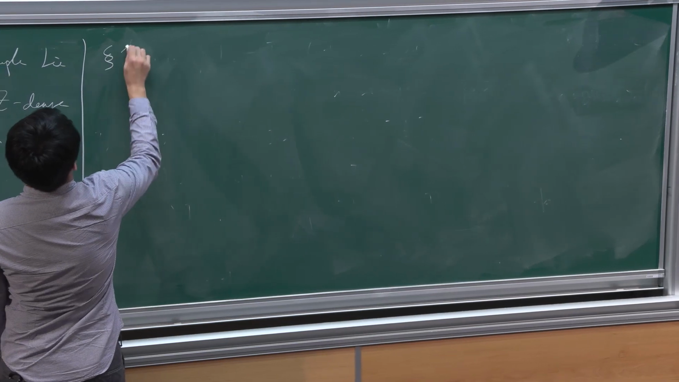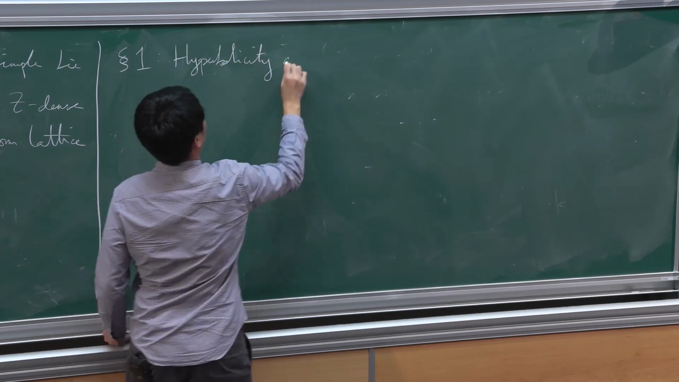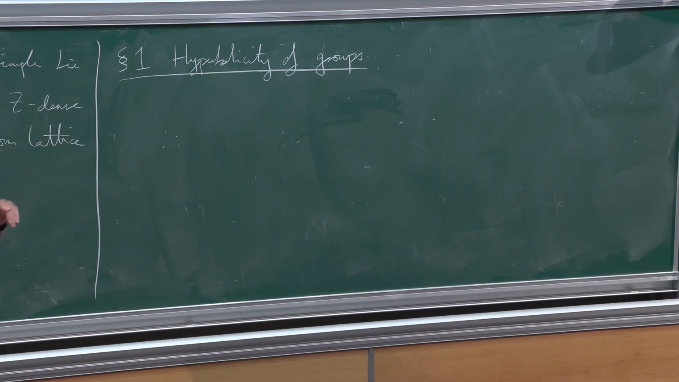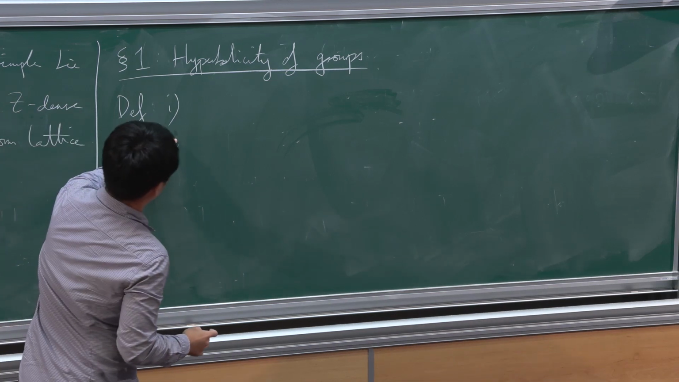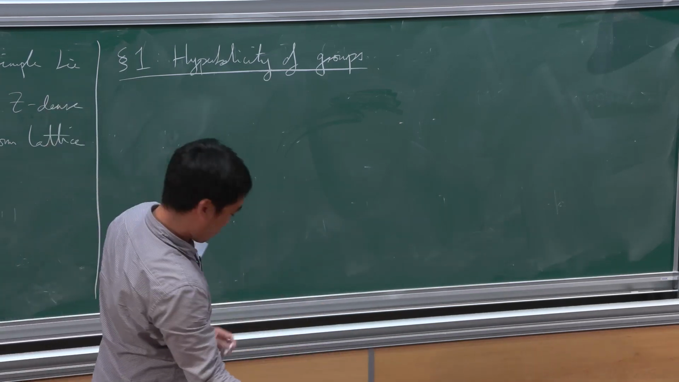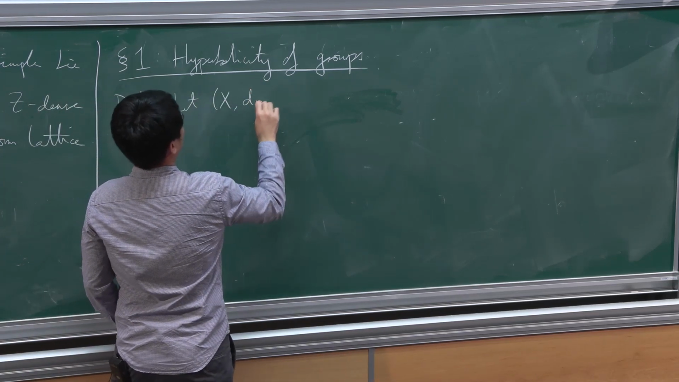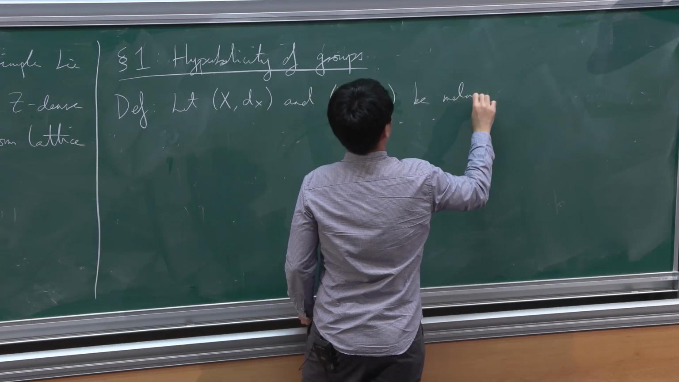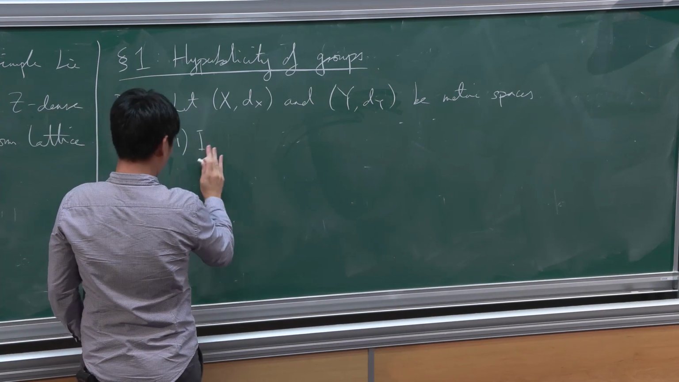So section 1, hyperbolicity of groups. This is a story in the world of coarse geometry. So first let me make some basic coarse geometry definitions. I'm going to let (X, d_X) and (Y, d_Y) be metric spaces. So first definition, a map